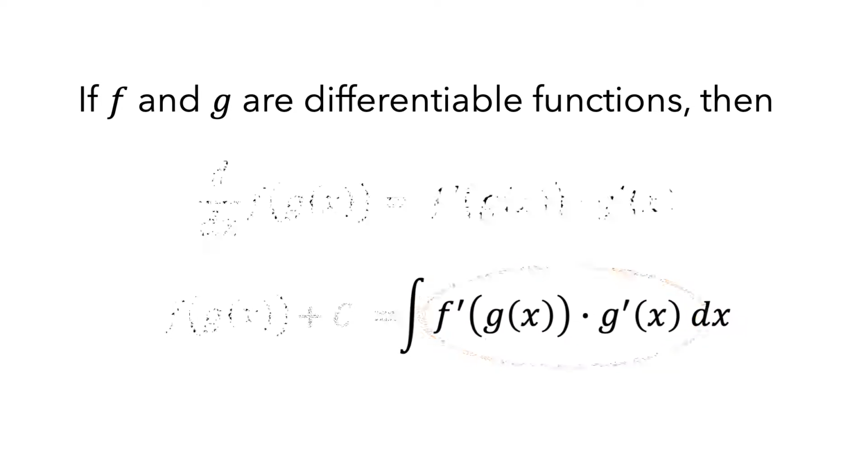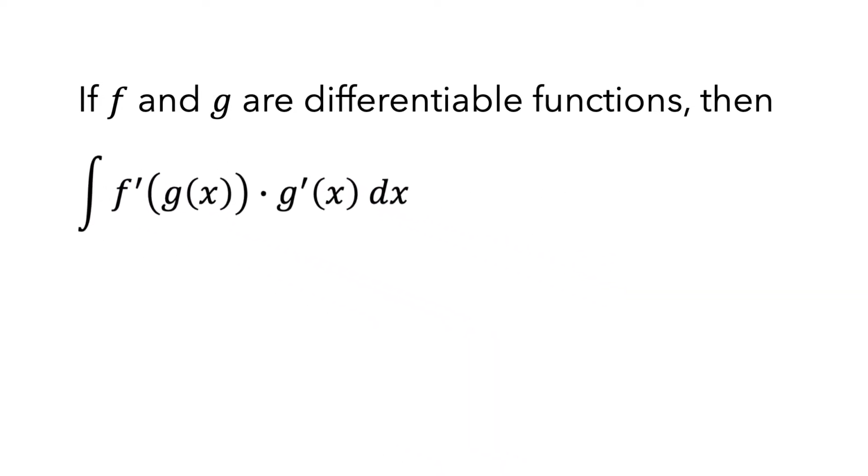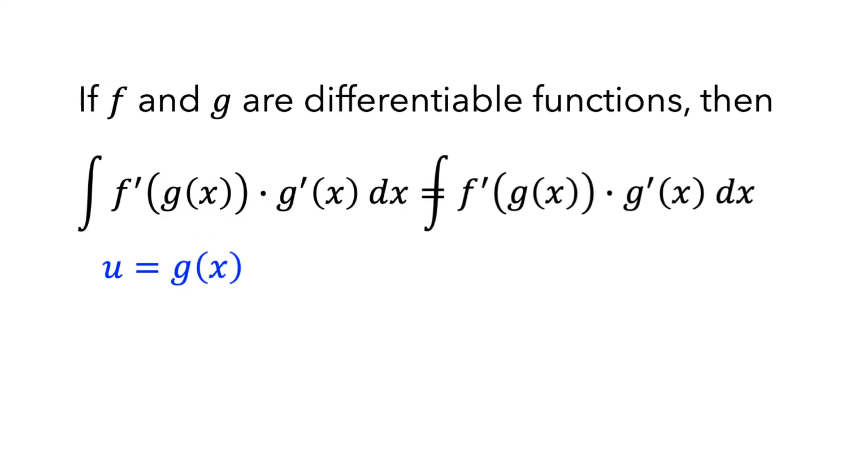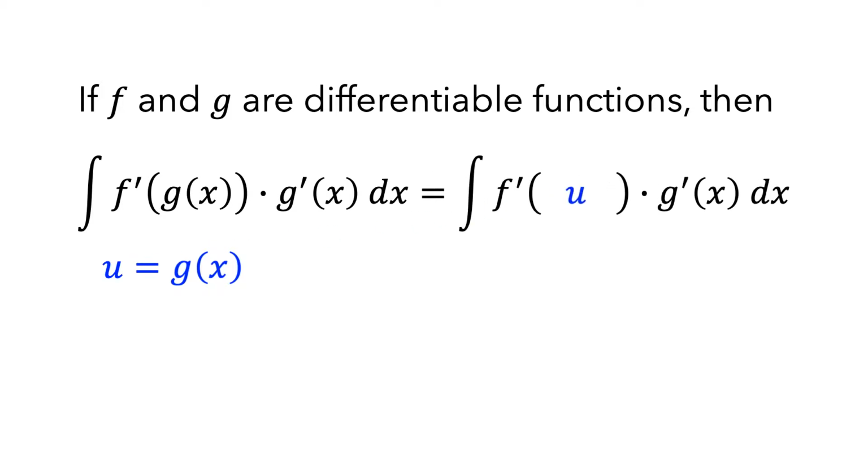We can rewrite this integral to make it look a little more straightforward by defining a variable u to represent the argument. Instead of g of x, we'll write the letter u. So if we rewrite our original integral, we can substitute u for g of x. But now we have a problem. In one part, we're using a u, and in the other we're using x, and these don't match. So we need to find a way to substitute something in terms of u for this g prime of x